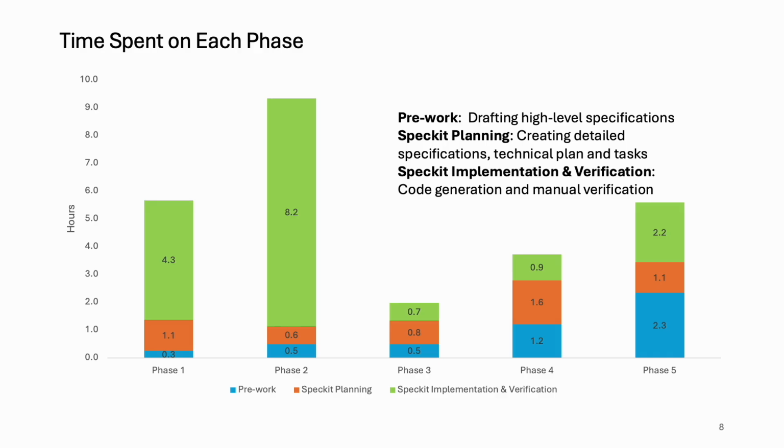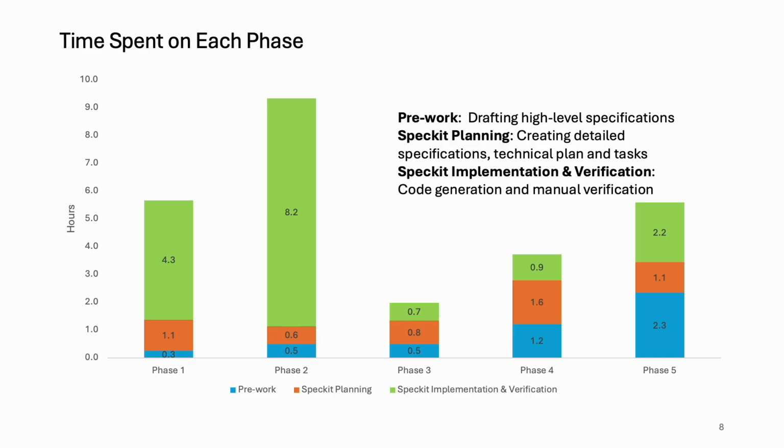This chart shows how time was spent across each phase of the project, broken into 3 buckets: pre-work, Spec-kit planning, and Spec-kit implementation and verification. Pre-work involves defining the high-level specifications that feed into the formal Spec-kit process. Spec-kit planning includes the /specify, /plan, and /task steps, while Spec-kit implementation and verification are the /implement step plus manual